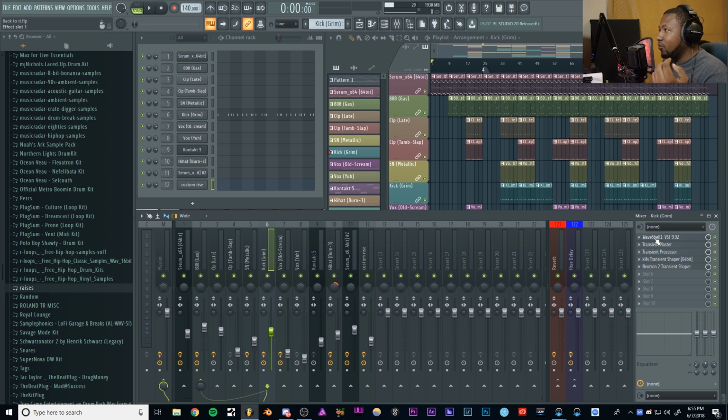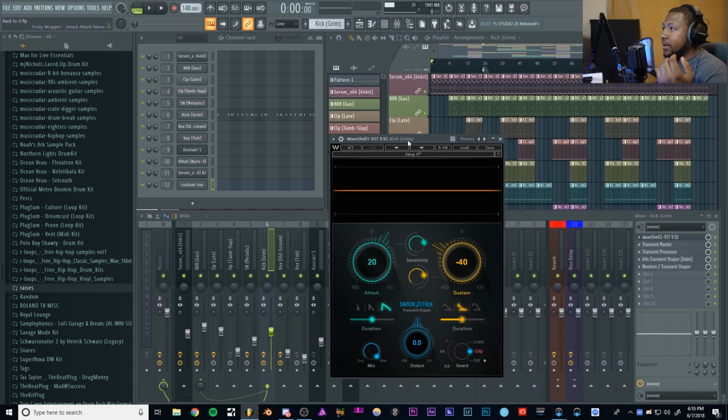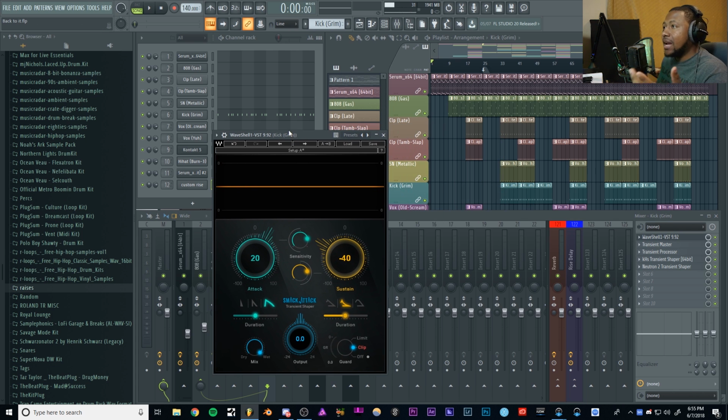So let's go ahead and take a look at one that I'm using right now. Here it is, just the Smack Attack by Waves. Now a Transient Shaper is basically the ability